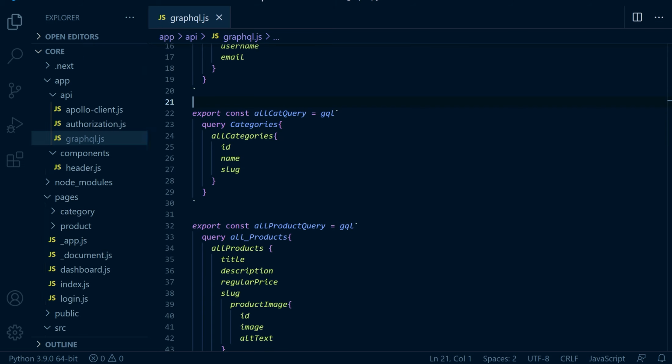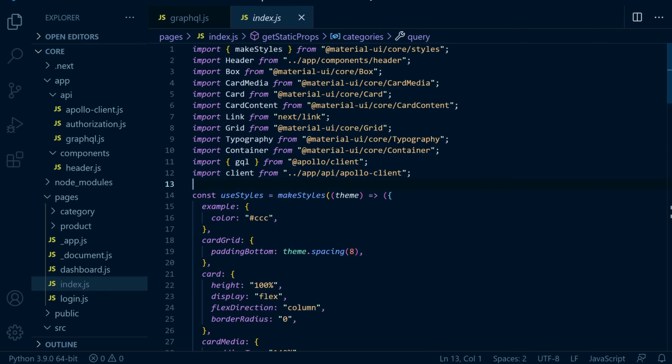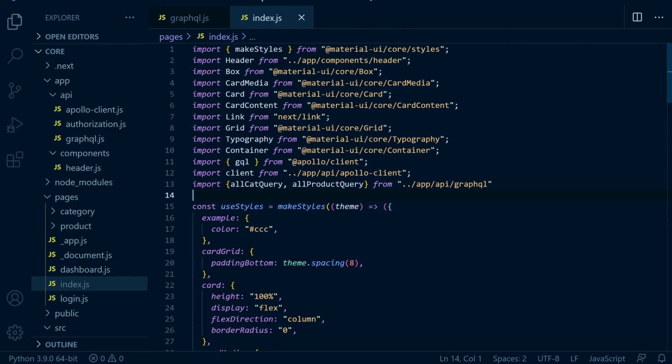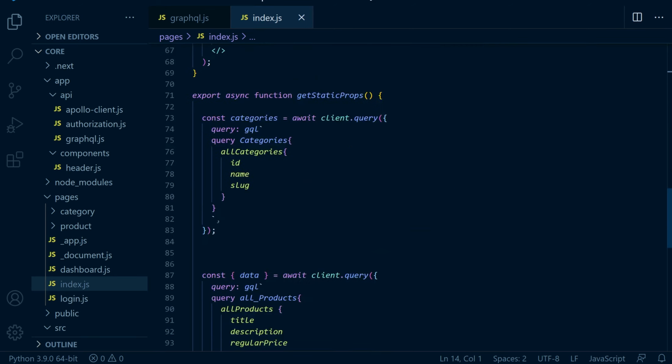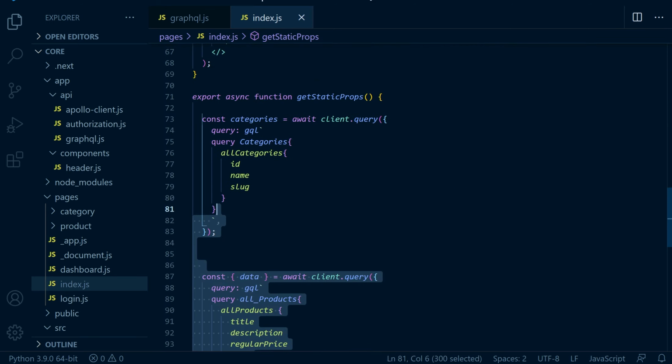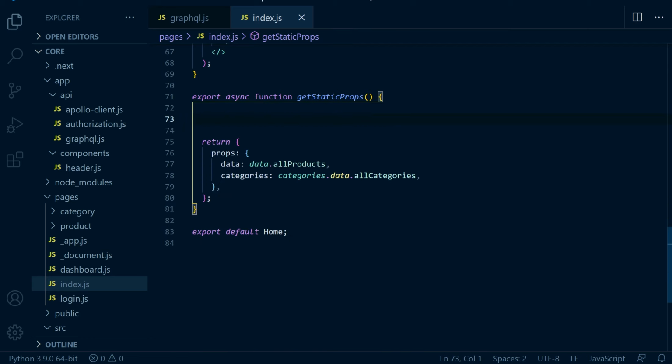Now we need to go into the pages and set it up to allow us access to those. It's a simple case of going through the same process on each one. For the index, we're going to need to bring in the queries, in this case the all category query and the all product query. Then at the bottom, we need to tidy this up. Instead of having these two big queries, the queries are now being brought in. So what we can now do is run, for example,